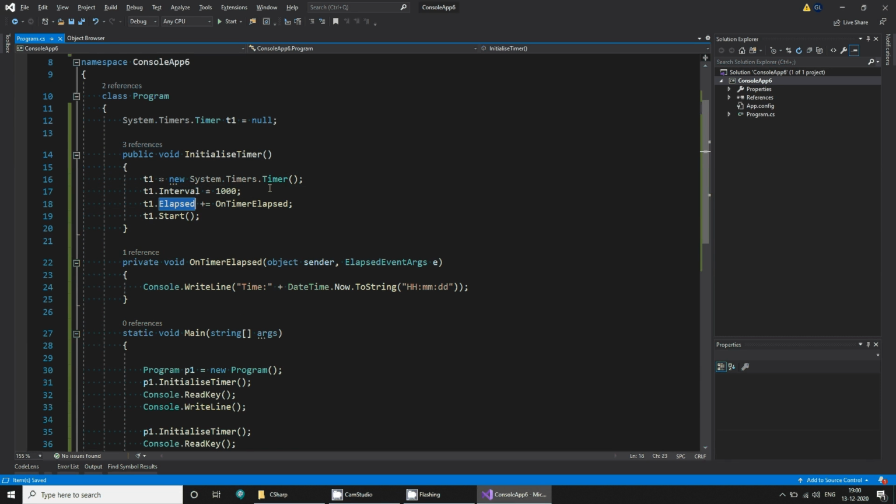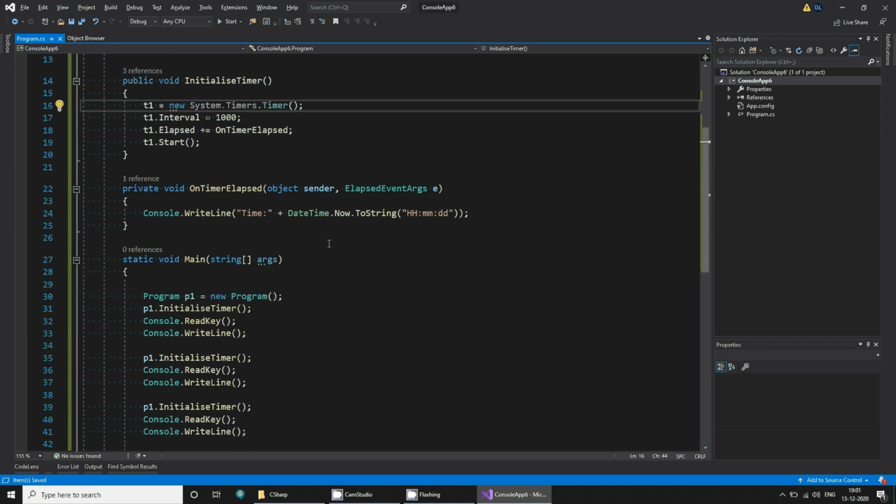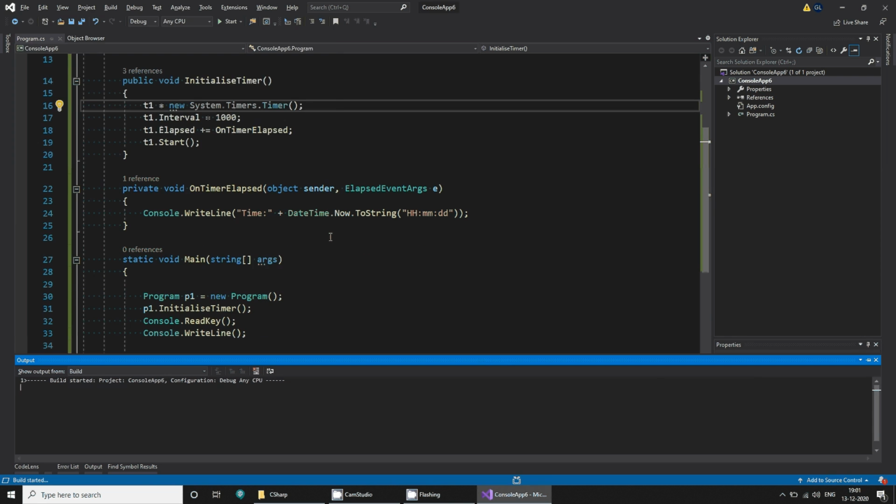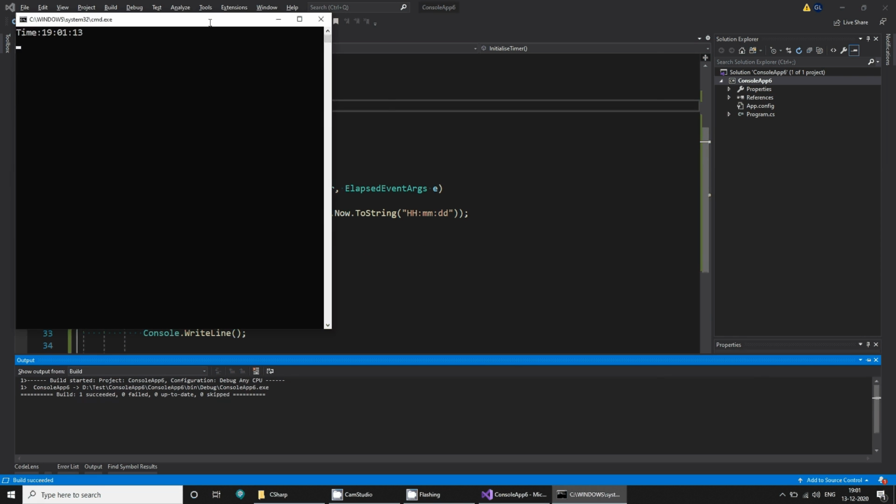So we think that the previous instance will get garbage collected, it will be removed, but what's happening here is it's connected to OnTimerElapsed and this keeps getting called. So overwriting t1 doesn't really remove it from the memory. That's what we want to prove. So when you run this, you'll see, okay,